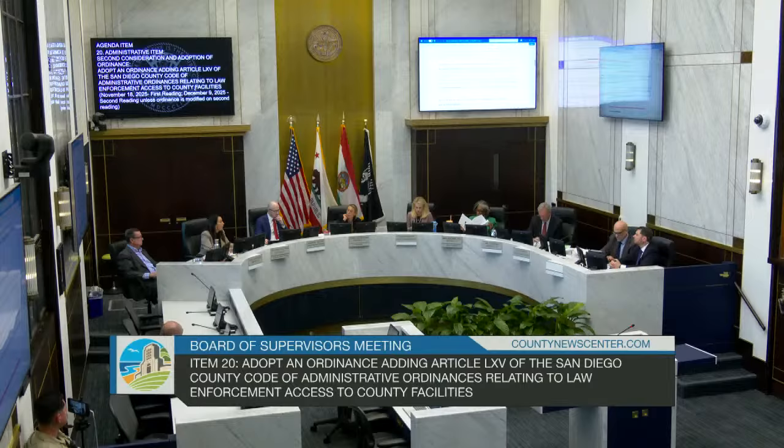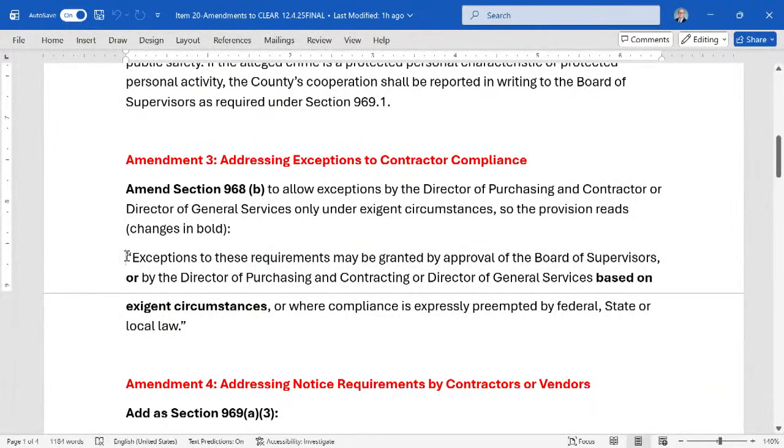The original drafted ordinance that we received back from staff had section 968B, which allows exceptions by the Director of Purchasing and Contracting, Director of General Services. Okay. Yes. But then what I'm proposing to add would be to limit and narrow that exemption to say you could only have that exemption based on exigent circumstances. Yes, and I want to understand what that circumstance